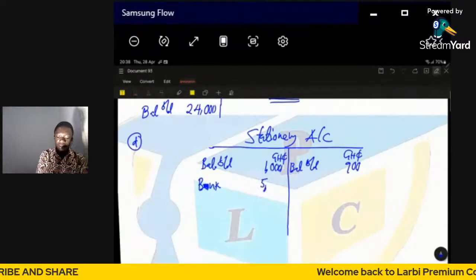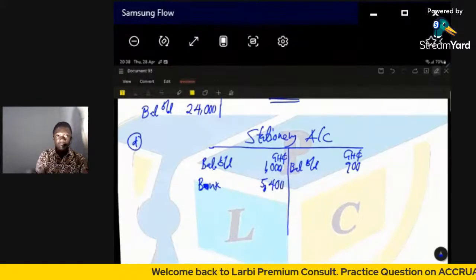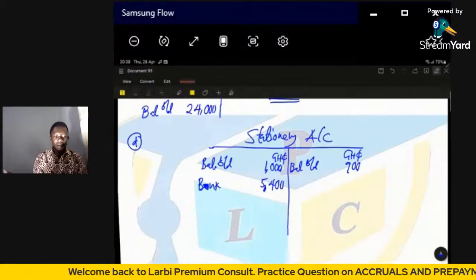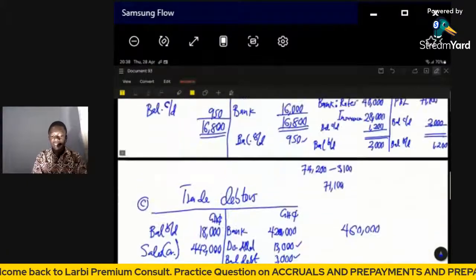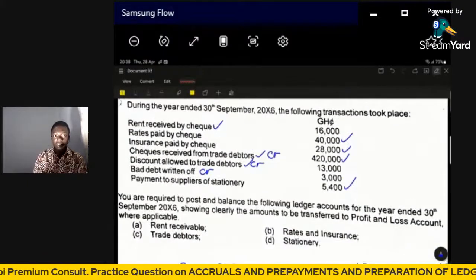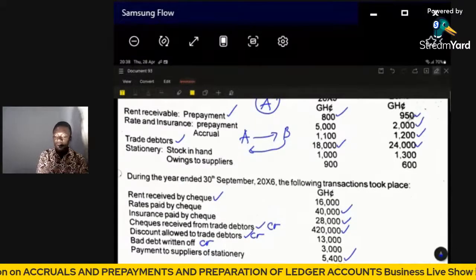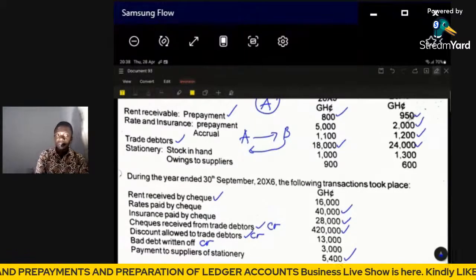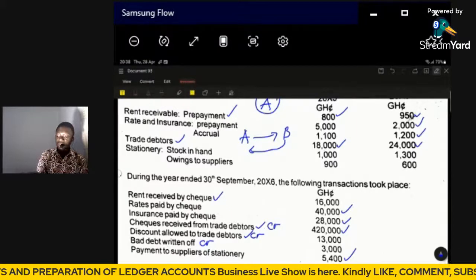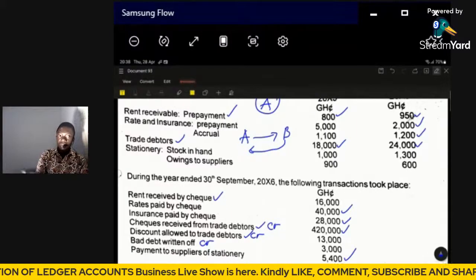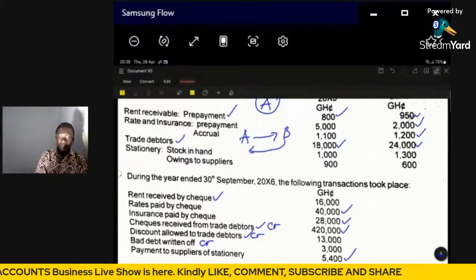5,400. Is that okay? So once we are done, that is cool. Bank account you record, and you ask yourself, was there any other balances as closing balances for the year? Yes, there was a closing balance for stock. We are having 1,300, and the amount that we still owe our supplier was 600. So since stock is an asset, it's going to be a debit side as balance brought down, and then